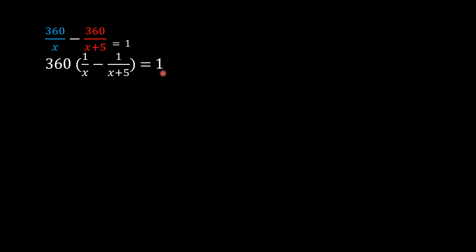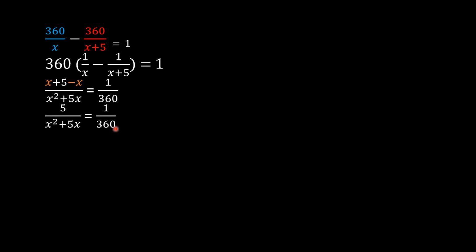So next we will solve this bracket. It will be 1 multiplied by x plus 5, minus 1 multiplied by x will be minus x, multiplied by x will be x squared, x multiplied by 5 will be 5x. We will divide this one by this 360. So it will be 1 divided by 360. Now x minus x will be 0, and we write 5 divided by x squared plus 5x equals 1 divided